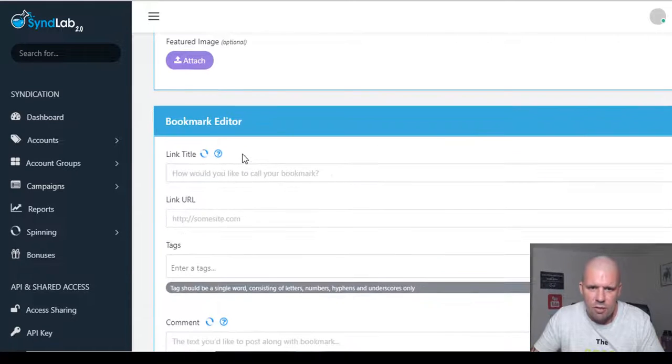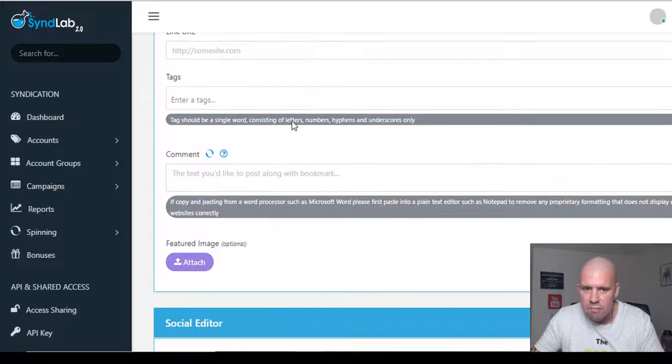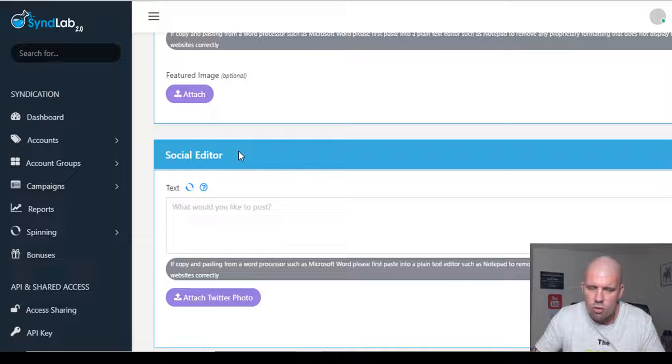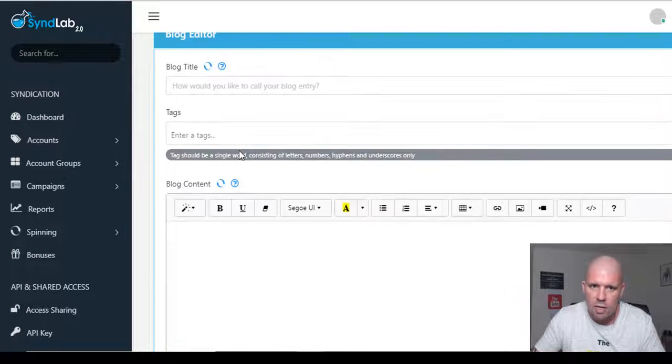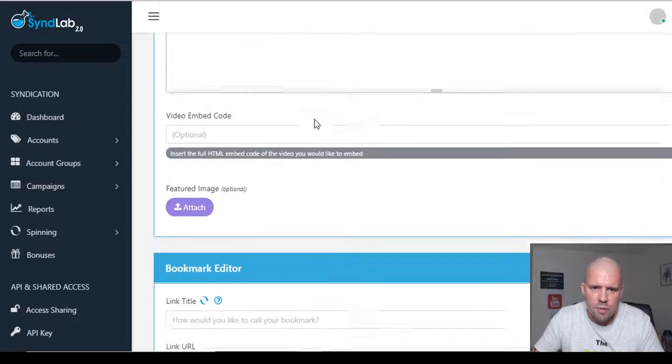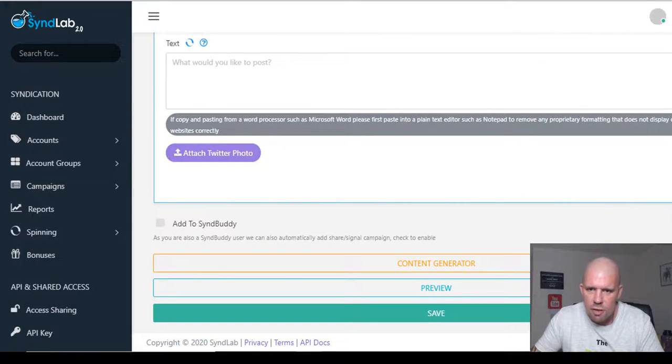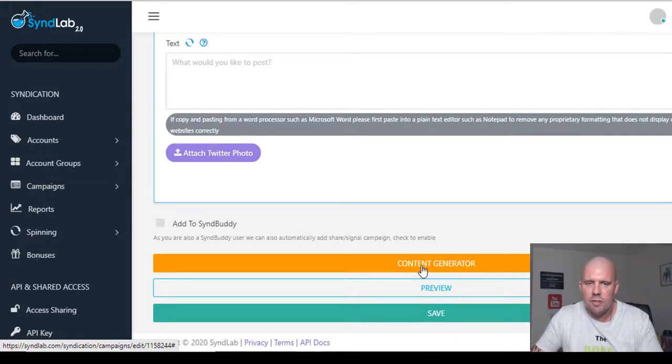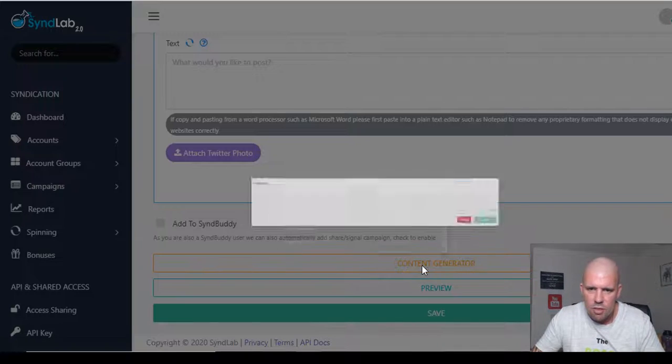So I don't really use bookmark editors, if I'm honest. They can be good, but I don't really use them. I use social editors, Web 2.0s and blogs, and they work for me. So, okay, let's go now down to the bottom, and this is the third part of SyndTrio. Content generator,